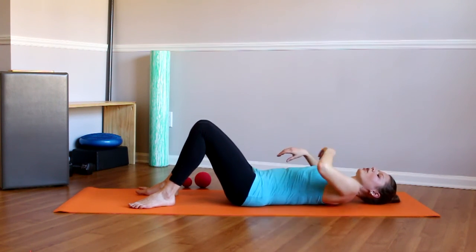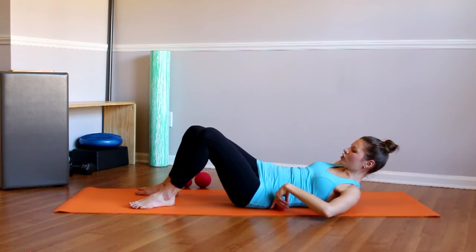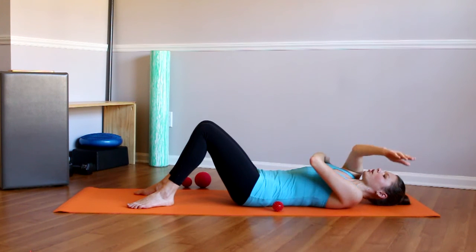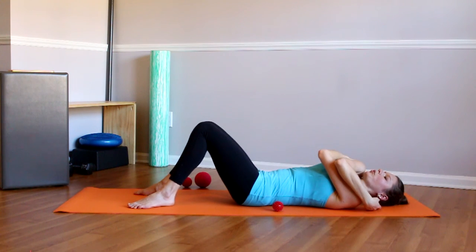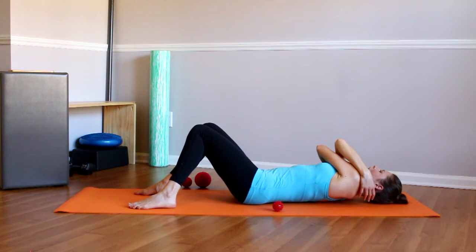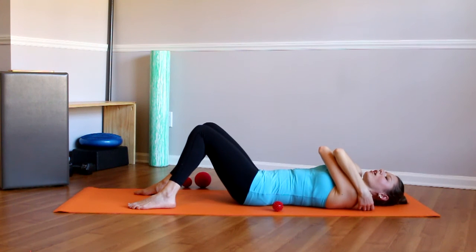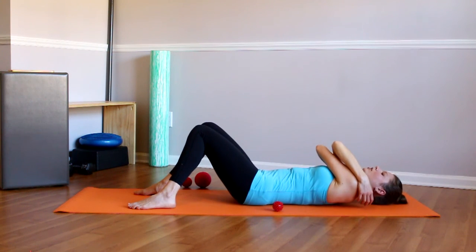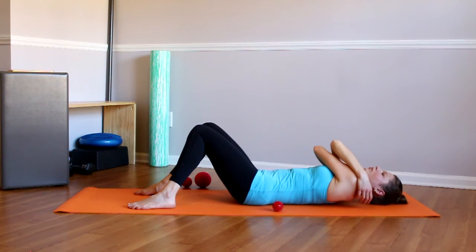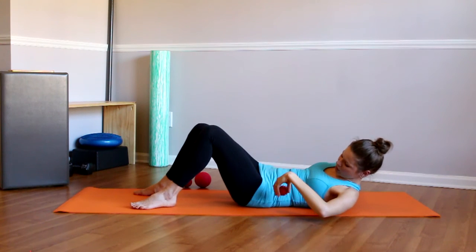Okay? Now we're going to do the same thing with the other side. So you're going to place the ball between the spine and the shoulder blade, kind of in the middle. Bring the arm up and over, opening up your shoulder blade, and just press into it, roll over. One side usually feels tighter and more sensitive than the other one. And you can spend more time over here, but we're going to go ahead and move up to some of